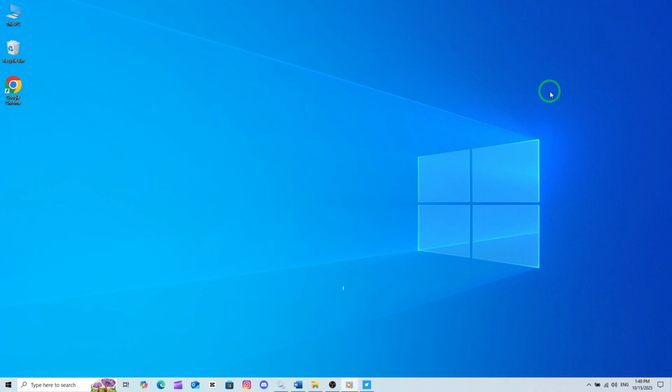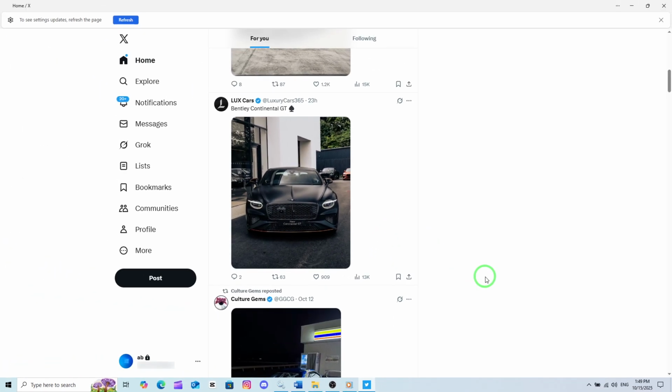First things first, open the X app on your PC. Make sure you're logged into your account so that you can access your home feed. Once you're in, take a moment to scroll through your timeline or search for the post you want to share. This could be a post that caught your attention, a video you found interesting, or just something you'd like others